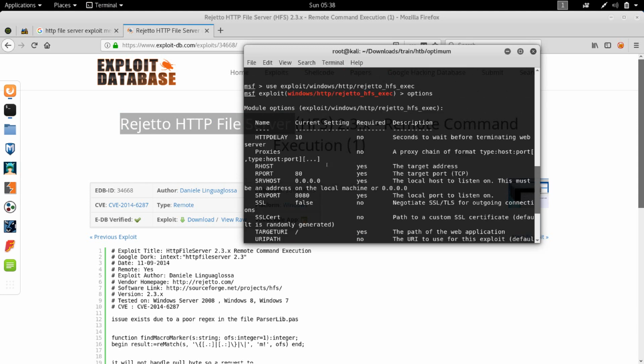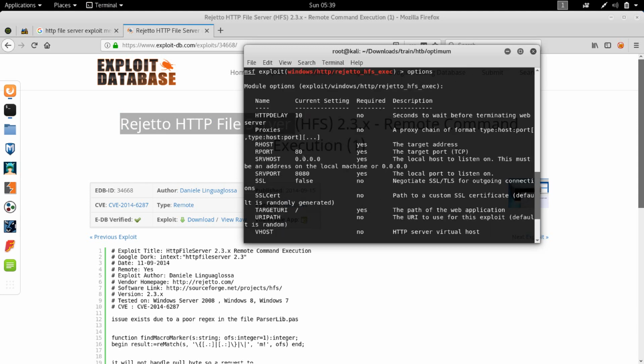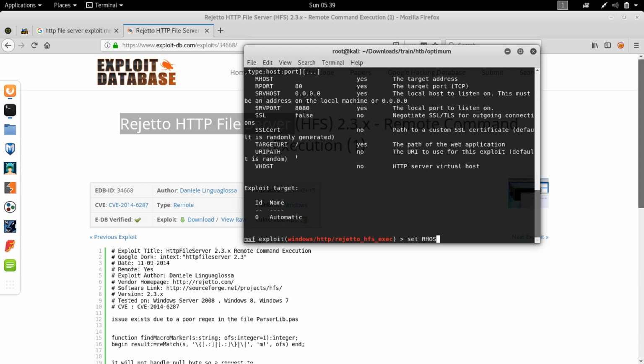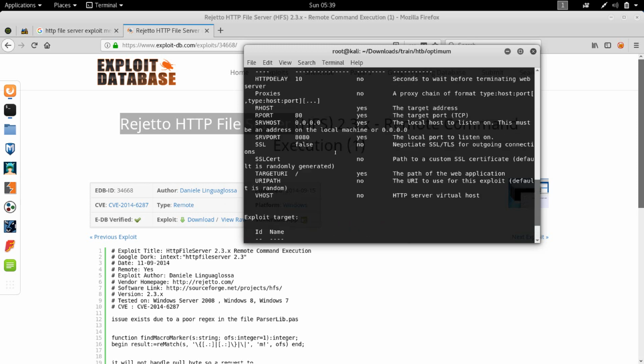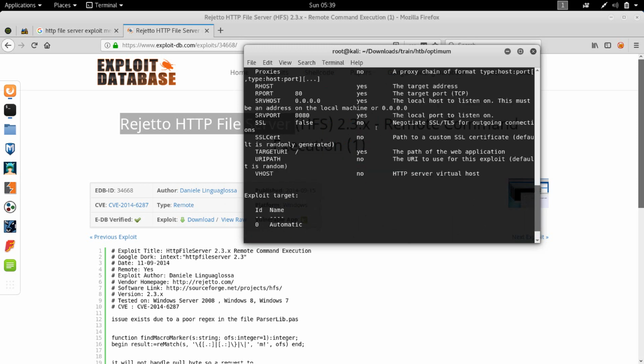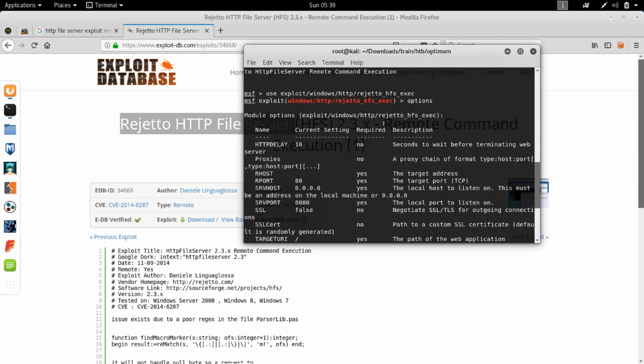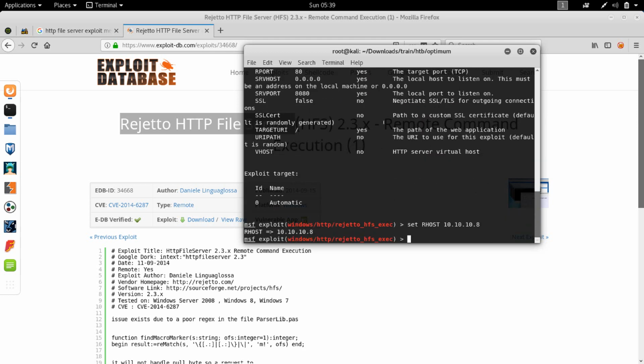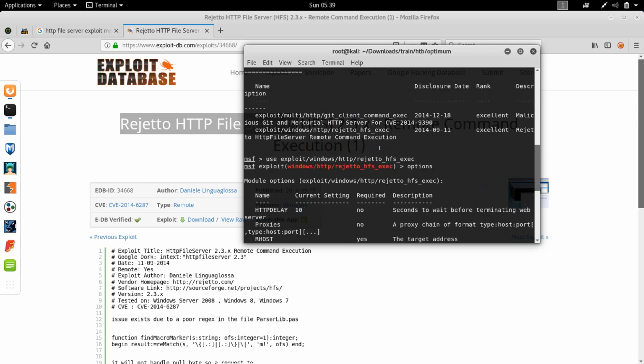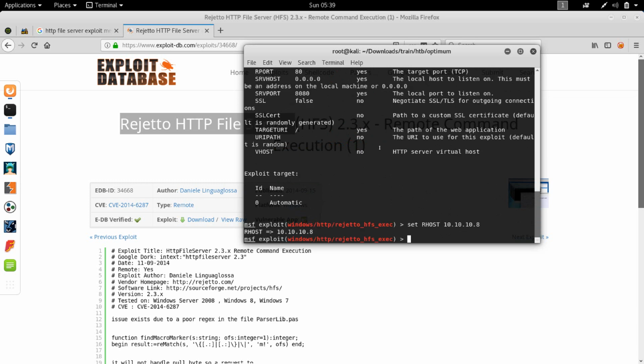Anyhow, so we need to set the RHOST. So set RHOST to 10.10.10.8, and I'm not really sure if we need to set anything else. I guess, well, by default it uses the x86 or the 32-bit Meterpreter, and in this case I know upfront that we're dealing with x64, so a 64-bit Windows machine. So I could just say